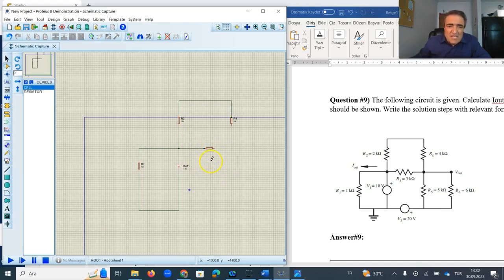Later we can type on it. First of all, I want to continue with my drawing. Here, okay. And then we have here another